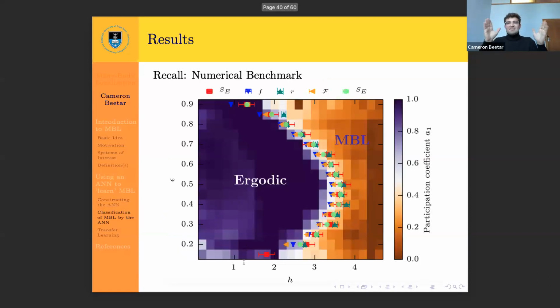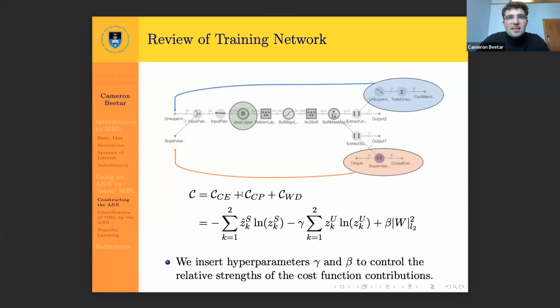Right, so this is, again, I put it back in the slides to re-emphasize it. This is the numerical benchmark we want to achieve. Here, the lowercase h is their disorder parameter, and for us, our disorder parameter is W. And so we're making use of the well-known regimes here where it's thermalizing and localizing for training, and we're going to want the neural network to fill in the gaps for the systems as you increase disorder through that intermediate region.